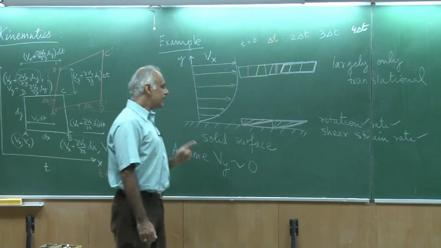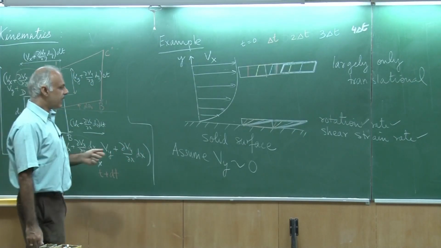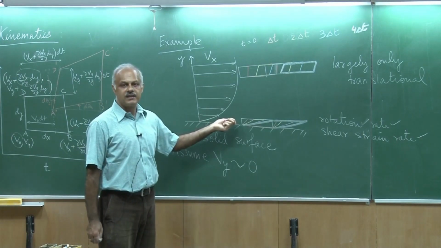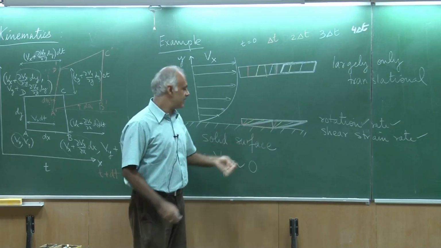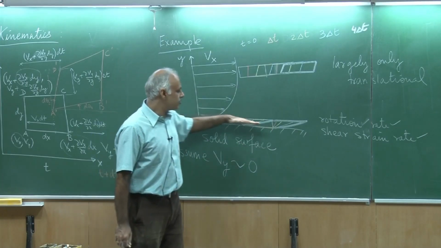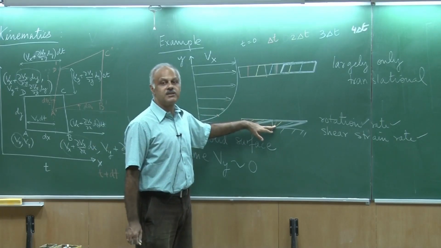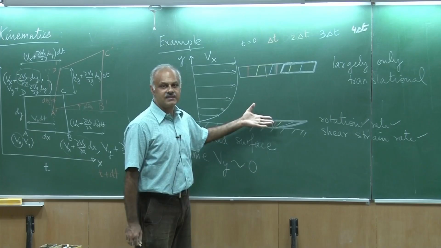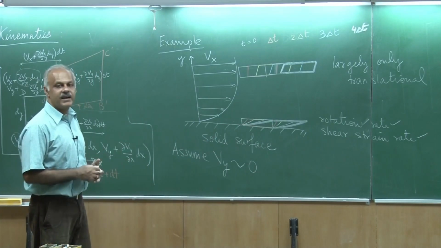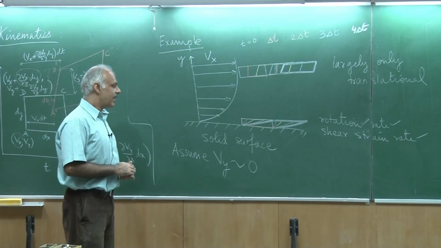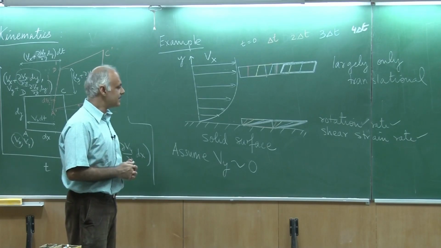Okay. So one thing that I wanted to draw your attention to is that when you get to a flow close to the wall in a viscous flow, then you are going to get even rotation. So even though the streamlines would look straight, horizontal, this flow is going through enormous local rotation. So the concept of rotation in fluid mechanics has to be kept in the correct context, otherwise it may lead to some erroneous kind of understanding.